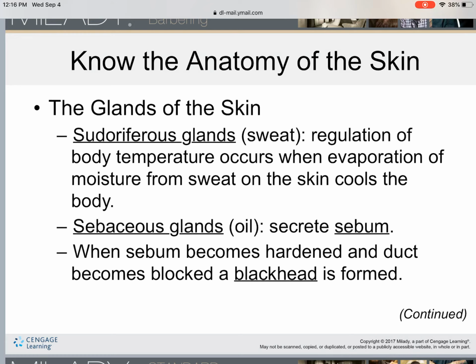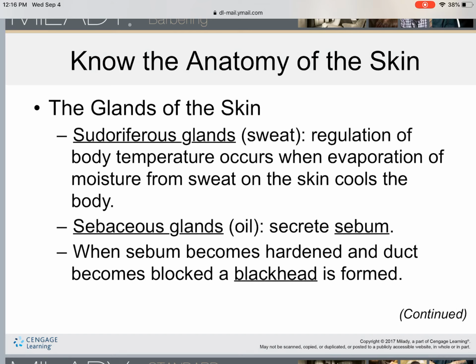Okay, think about it. When you sweat, you usually sweat from your forehead, then your palms may sweat, soles of your feet may get damp, armpits may sweat. That's your sweat glands. It helps regulate your body temperature. Now your oil glands,